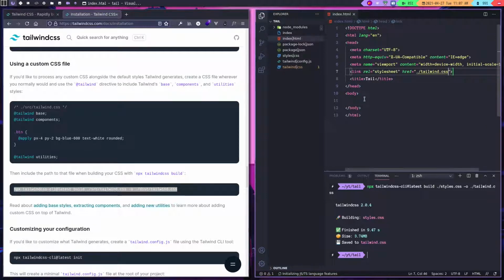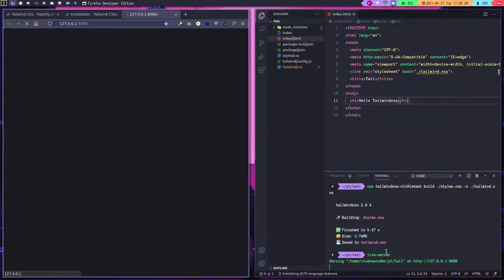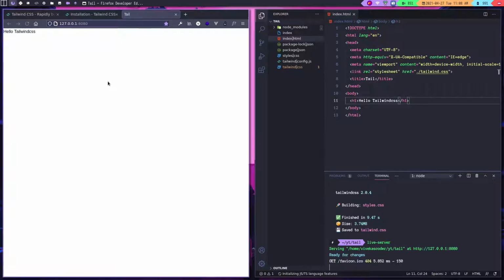Alright, so now if I write a simple h1 tag and let's say hello tailwind css, if I save it and let's open it with the live server. Live server is actually an npm package which you can install globally by typing npm -g and then live-server. So when I hit enter, this will open a live server in the current directory, and you can see it is now opening the